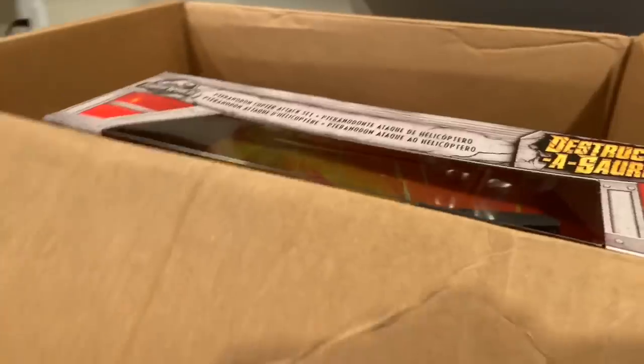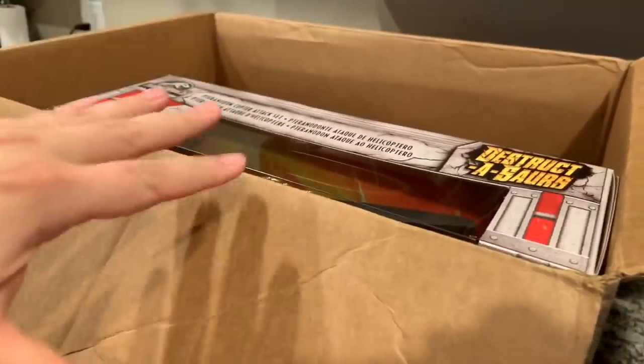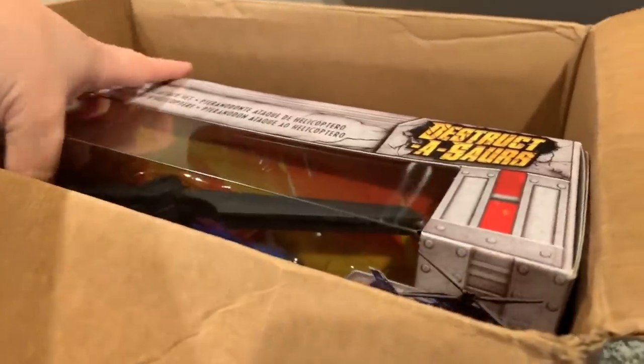All right, so this is the very first item that's in here. I'm going to start with the less exciting, I suppose, and then go to the more exciting things, at least what I think you guys would find most exciting. Ready? All right,